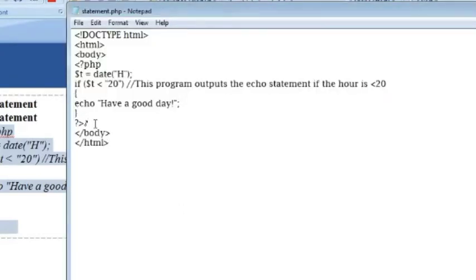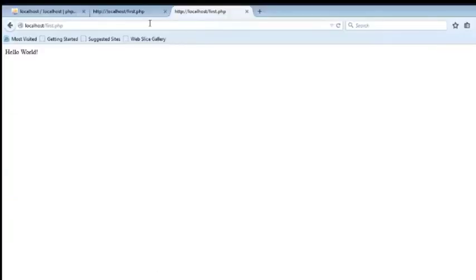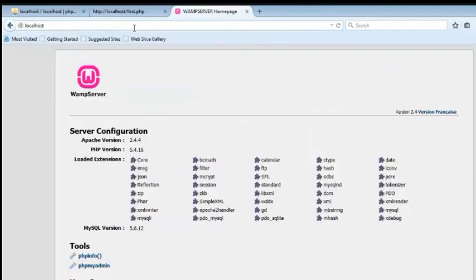Okay. So here, localhost, my program name is statement.php. So "Have a good day". Okay, this is my output for if.